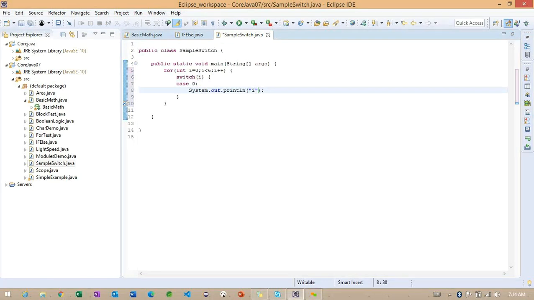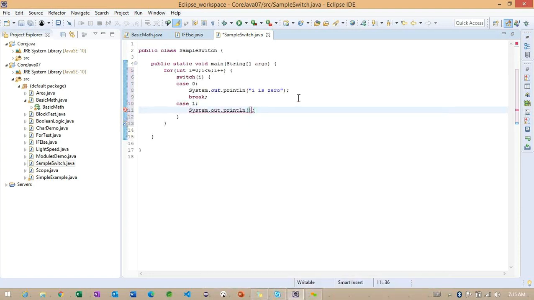Now observe. Something called i is 0. Initially it's 0. So what I'm doing here, I want to make break here. So case 1. And here I'm just trying to print the i value.